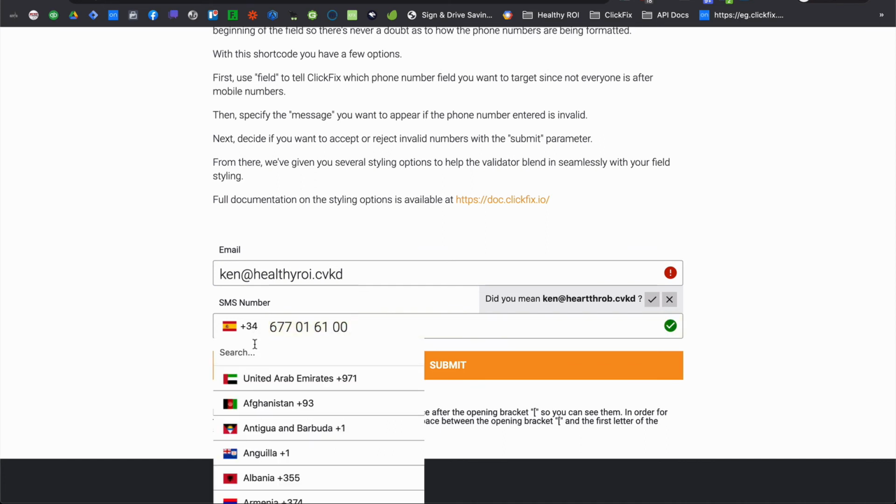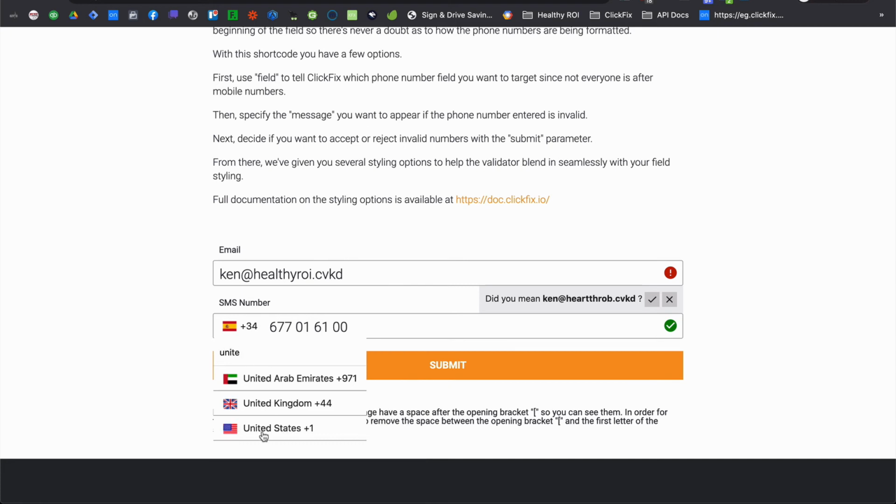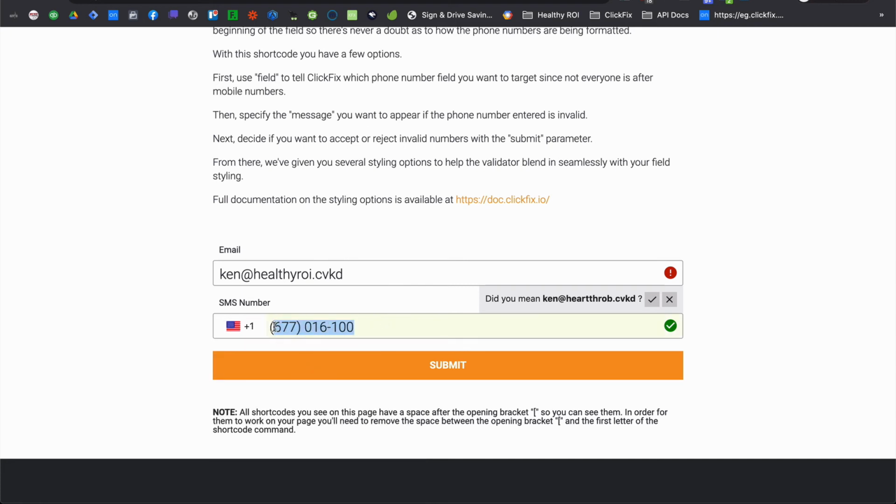All right, so let's say that I actually want to do the US because I'm in the US, and I'm going to say that it's actually this. Right, and it says, oop, that number doesn't work. And you can change the error messages and all that if you want. So this would actually stop the person from submitting that form,